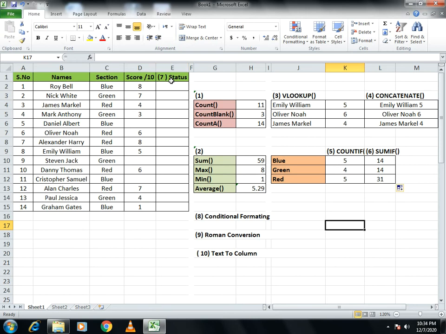Now we will proceed to our seventh, which is the status. We want to know that the students who had not attempted the paper have to re-attempt the paper, and the students who got even a single mark will be cleared. So I write the IF formula. IF is also a very important function, and this is how we can use it. You have to write equals IF, bracket open, give the address of the D cell, like if D2 got less than or equal to 0, it will be shown as